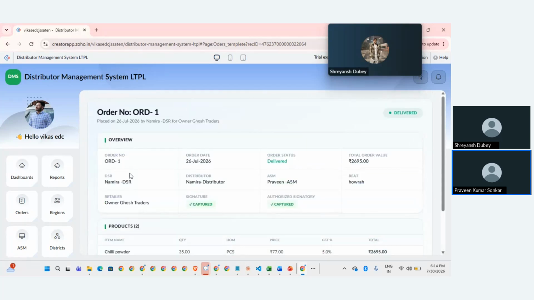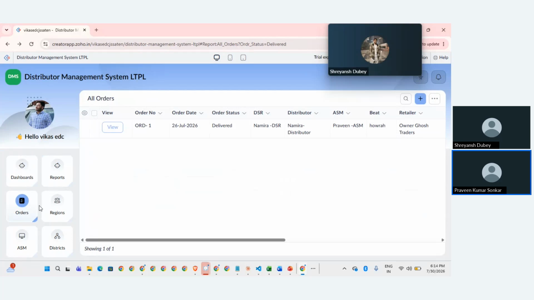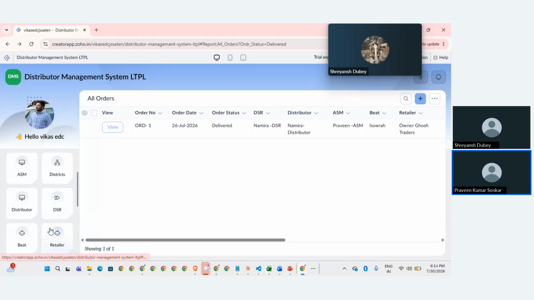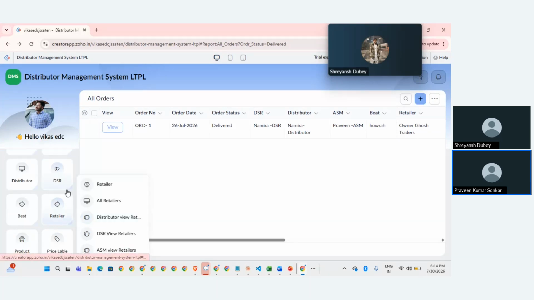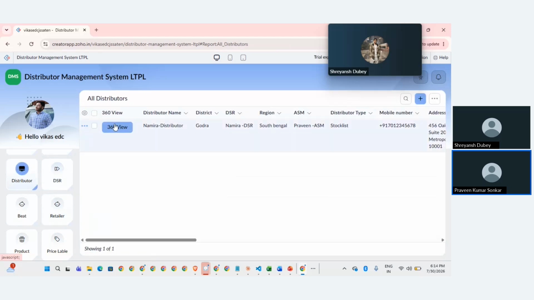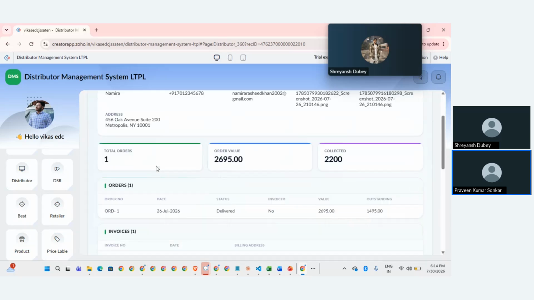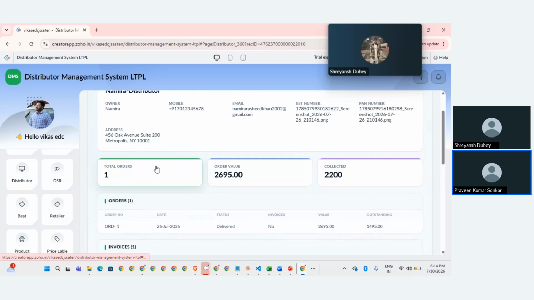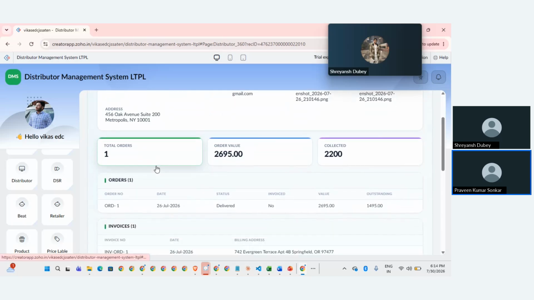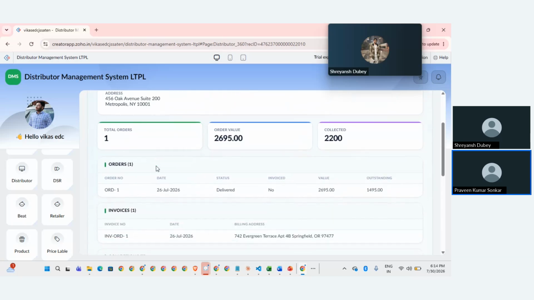Okay. Similarly, we also created what is called a 360 view of any of the roles. Let's suppose we take distributors. Let's suppose we want to see the 360 view. Here it is. Okay, you can see it will show you everything related to a particular distributor. Its overview detail, how much order he has placed, what was the order value, how much of it is collected. Then you will see collections here,